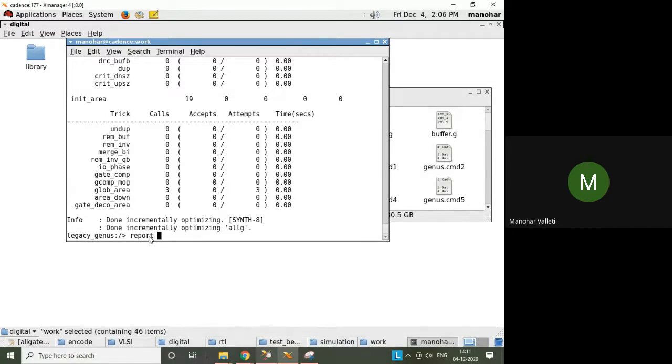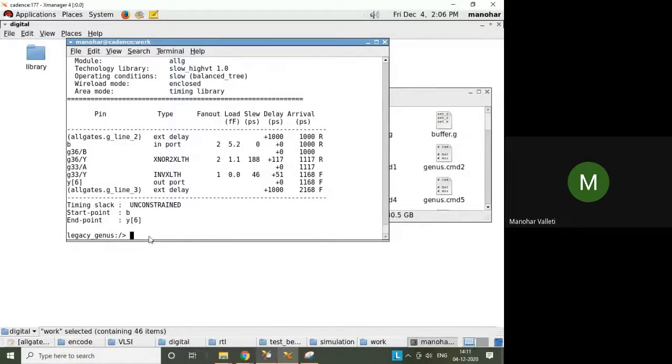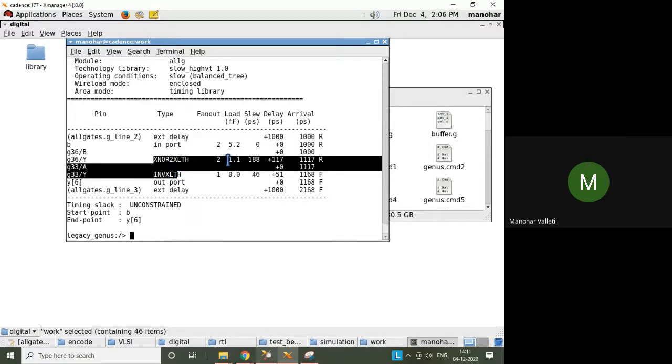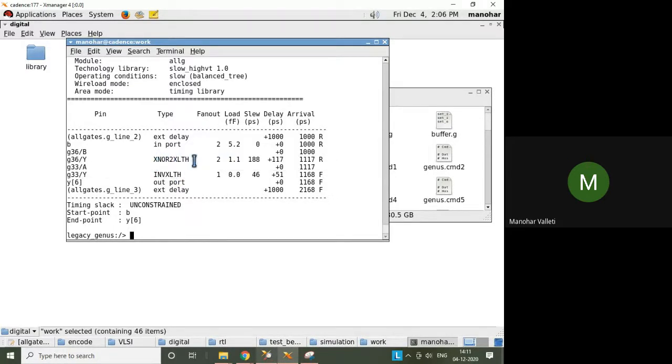Now you see the timing. Previously you got unmapped here. Now you see some values, finite delay values, and how much the slew is for your design.